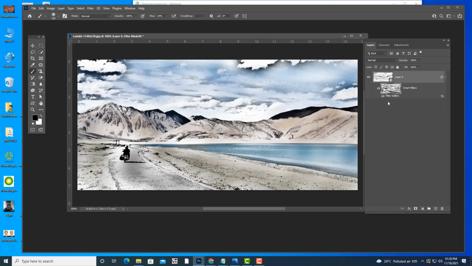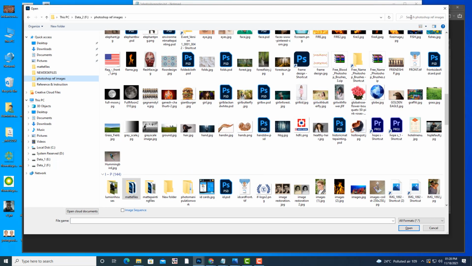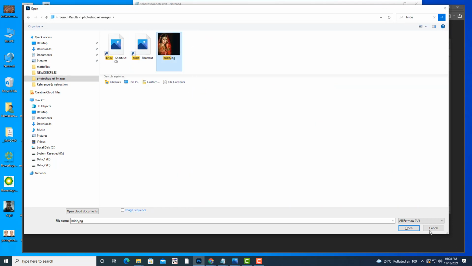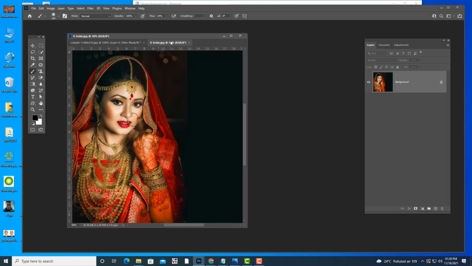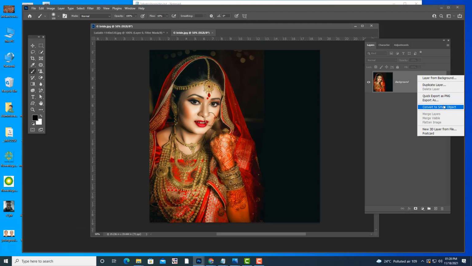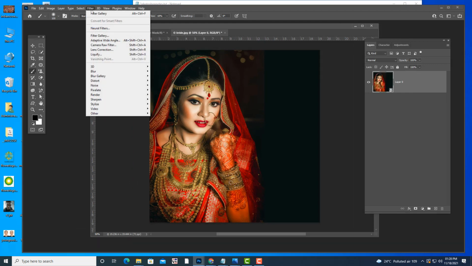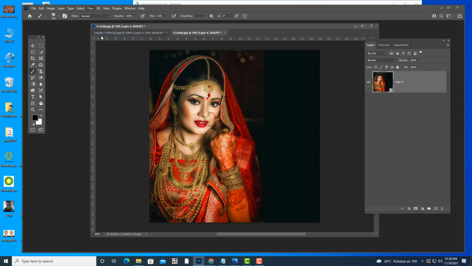We'll also try with one more image. So I will select another image and do the same with this image. Right click, convert to smart object. Then go to the filter gallery.